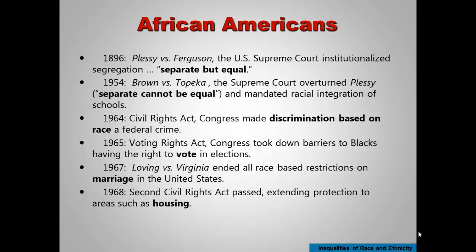With the Voting Rights Act of 1965, Congress took down barriers for blacks having the right to vote in elections, although again they had to continue to struggle to actually get these things implemented in many areas. Did you know that until 1967, many states had laws against intermarriage of the races? The term that was used for marriage between blacks and whites was miscegenation. And in 1967,